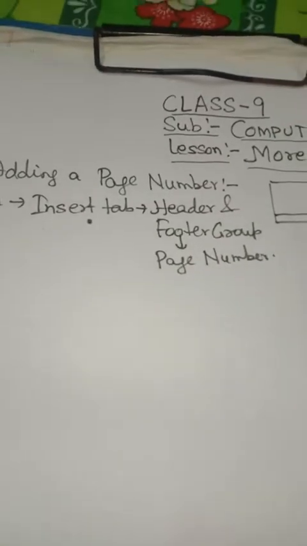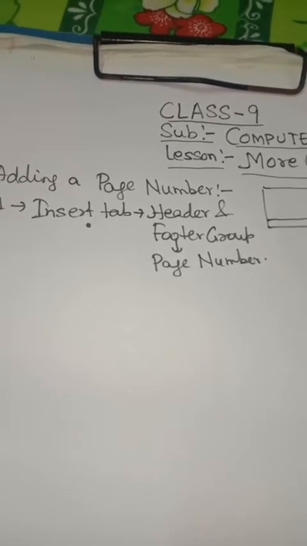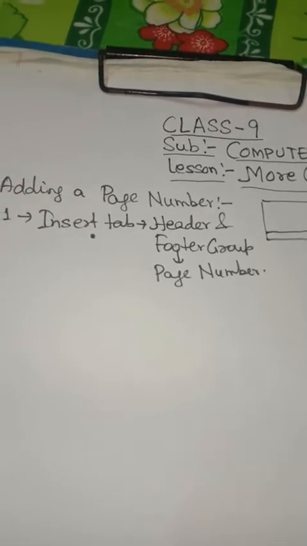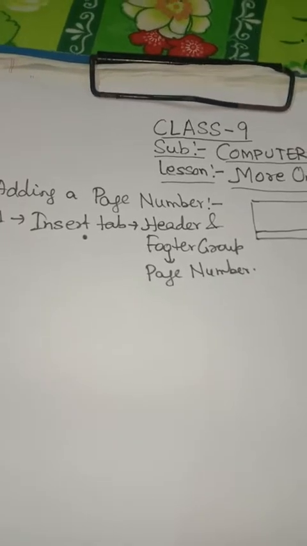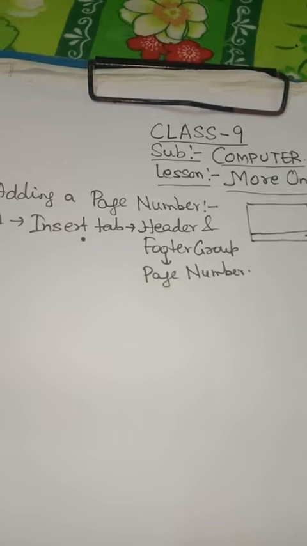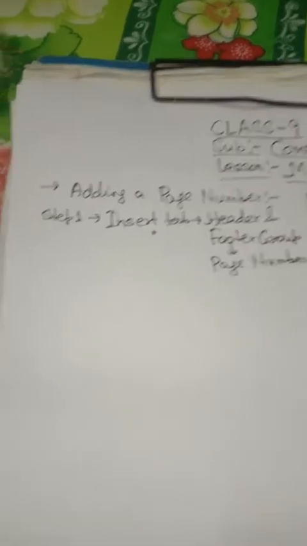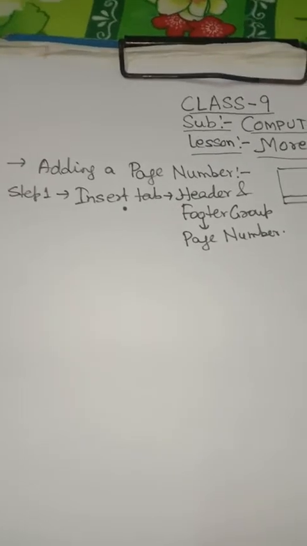You can select any of the page margins or the current position where the cursor is. So in this way you have the different options of selecting the page number, and after selecting, just click on OK. The page number will get inserted accordingly. If there are multiple pages, the page number will be added to all of them. So this is how we can add a page number in our document.